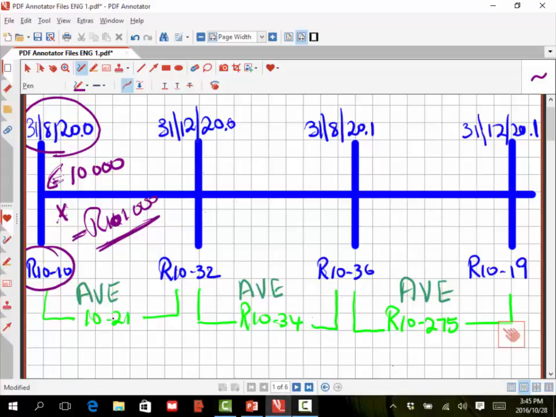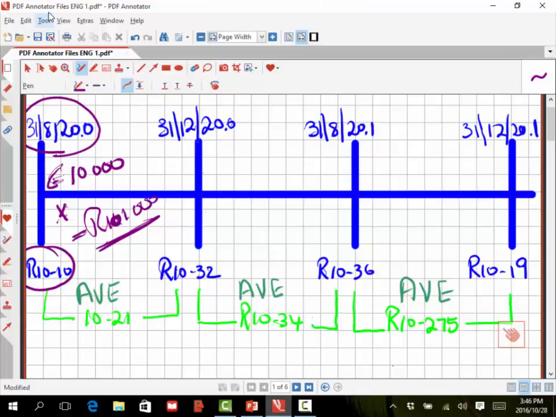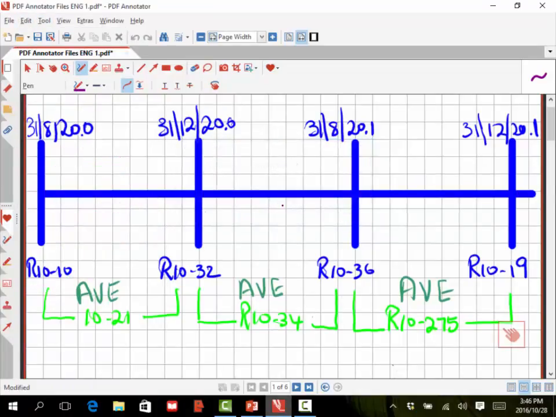So let us put through that journal, if I can find the mouse. There you are. Debit the bank 101,000 and credit loan account 101,000. Now we continue. What also happens is now you've got a year end. There's no other transactions in between, so we have a year end there,